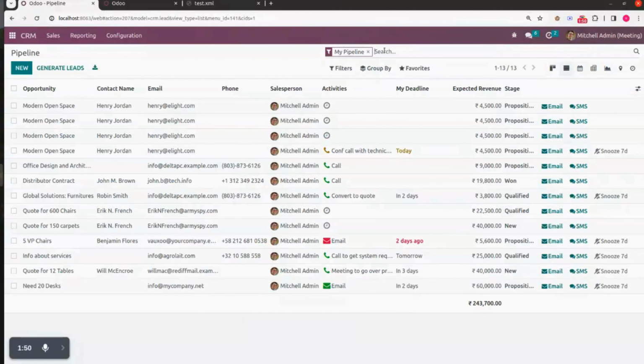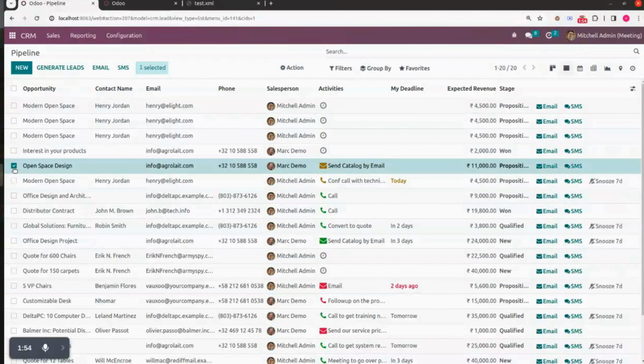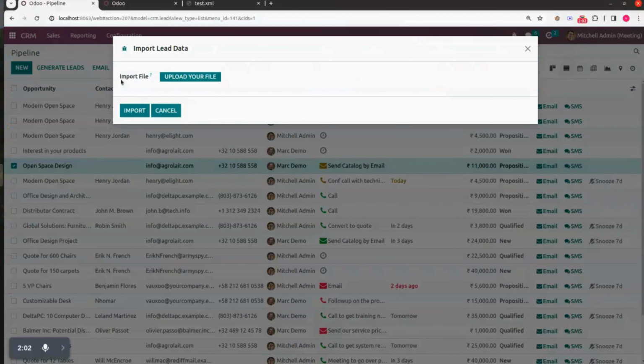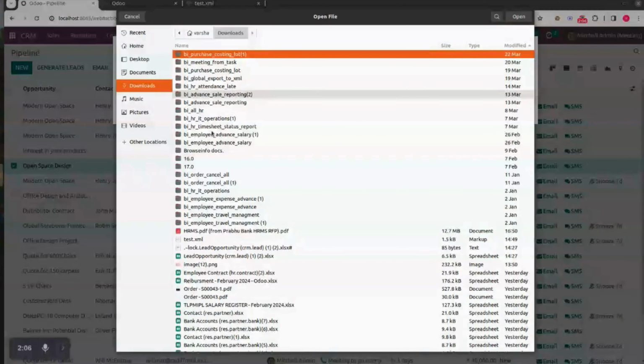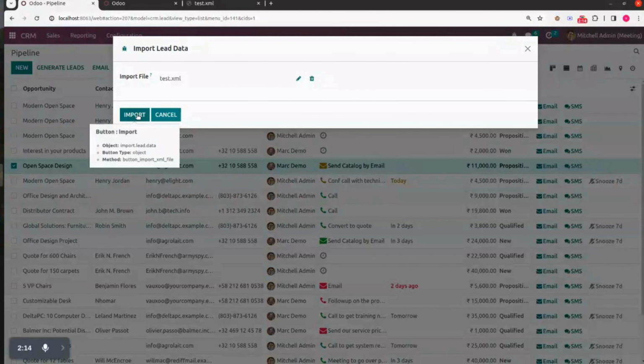and the pipeline, and here you will be able to see all the data uploaded. You can click on one of the data, and in the action button you will be able to see Import Lead Data. Clicking on Import Lead Data, it will show the import file which needs to be imported. So right now I'll import from version 14, the CRM module and the test.xml, and I'll just click